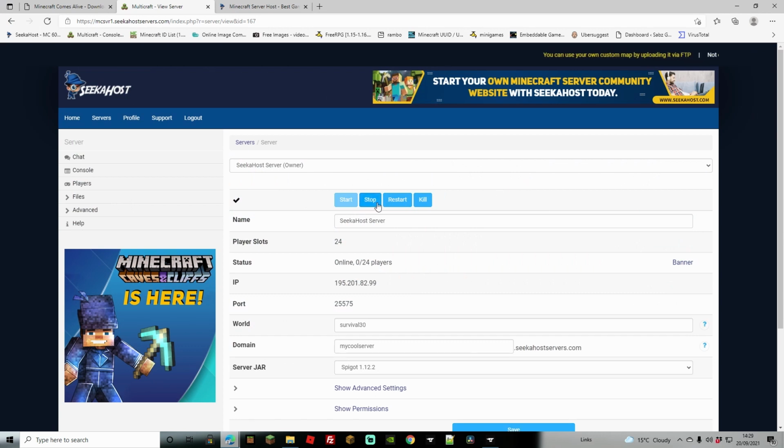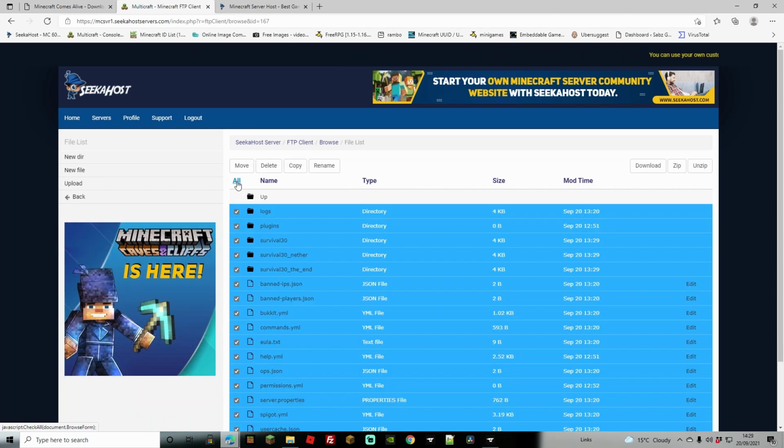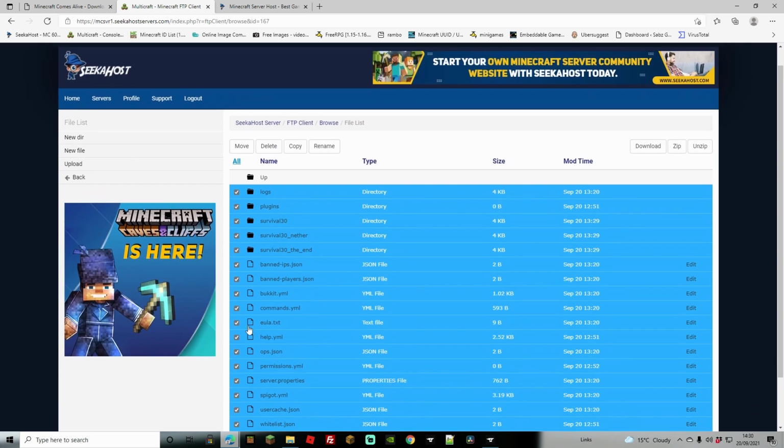So first thing that we're going to do is we're going to be stopping our server because we want to change the jar, because we're going to need this on Forge 1.12.2. Once that has stopped, we're going to go to files, we're going to go to FTP file access, I'm going to select the all, and then I'm going to delete. If you do have anything that you want to back up, such as a world, simply select the world,